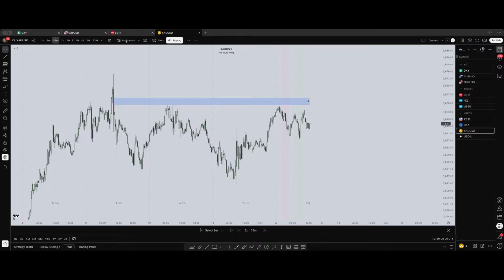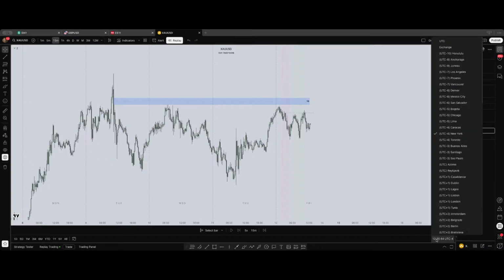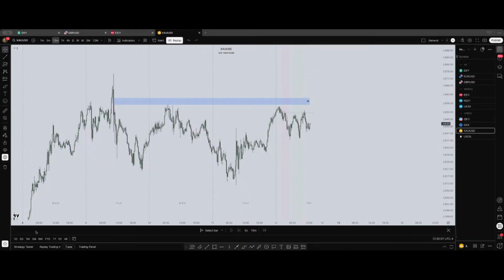Lunes y viernes, días malos para operar. Esas cosas son detalles que hay que tener en cuenta también. Y también días sin noticias de alto impacto en Estados Unidos. Y recordad siempre el time zone de Nueva York, al menos si operas con ICT. Si operas otros tipos de trading, no sé, pero con este tipo de trading es siempre New York time. Always New York time.